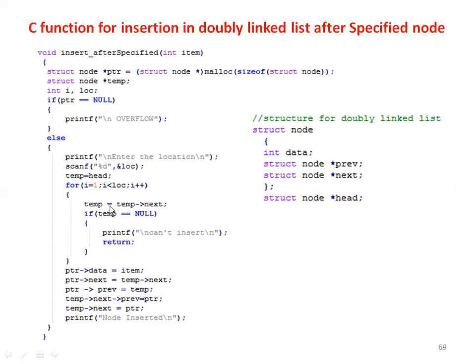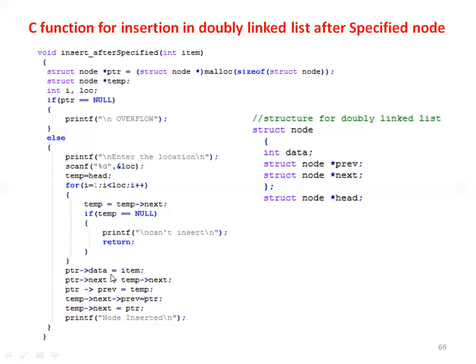And if this condition is true, then temp equals to temp arrow next. And if temp equals to null, means while searching for the location after which we want to insert the new node, if that position is not found till we reach the last node, then we can print this error message and return.